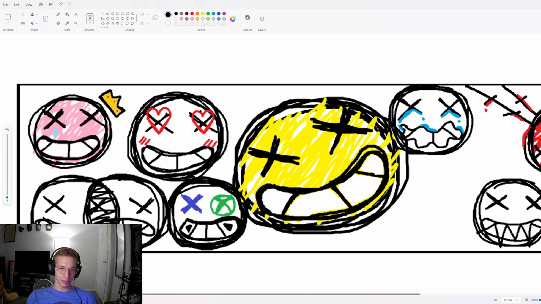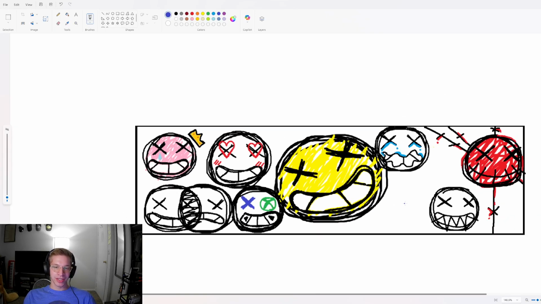Because he's got the blue X from the PlayStation controller, the green X from the Xbox, and then his mouth is intentional as well. So this, you see, this part is round. This is a button on the old Xbox controllers, and then this is a button on the old PlayStation controllers. They would have essentially a start and a back button. And on the old controllers, the PlayStation one was square, but the Xbox one was rounded like this. So that's why his mouth is flat on that side, with the PlayStation side and the Xbox side. And see, I feel like I added that, and I feel like it just looks goofier and sillier.